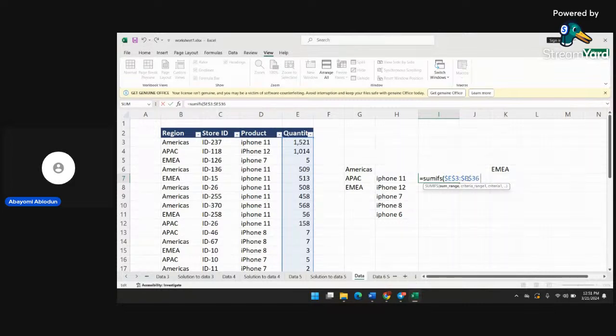So I'm going to add colon. So B dollar, then I'm also starting from 3, then I will also add another B. So the B is ending by B36 because that's the range that we are working with. So it has already highlighted this, right? So then I'm going to